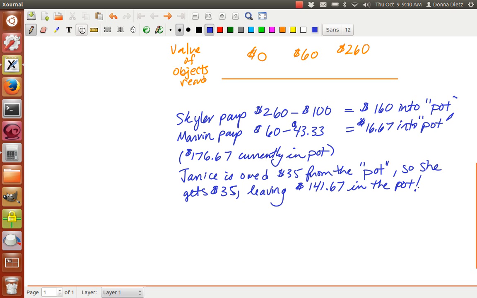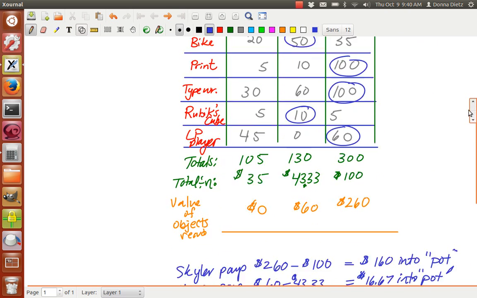And you say, okay, so if they're really, really generous rich people, maybe what they'll do is they'll do this method of sealed bids, and they'll take this leftover kitty and they will just donate it to a good cause. That would be cool. But that's not the way the method works, but you can totally do that.